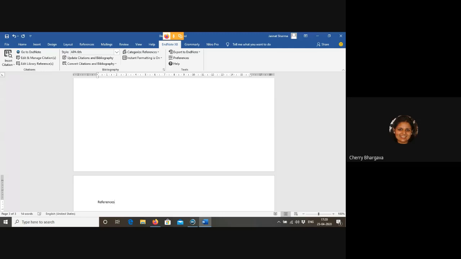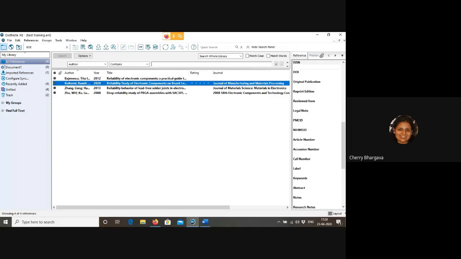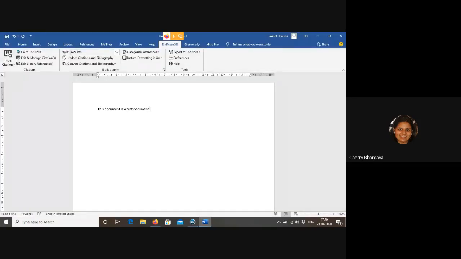So these all are at the end of the document now, always. Now moving back to my first page. Okay, and I have to incorporate the reference. Now there are 2 different methods to incorporate the reference to this document. If you know the name of the author, year of publication or the title name, then you can simply move to the EndNote tab at the top